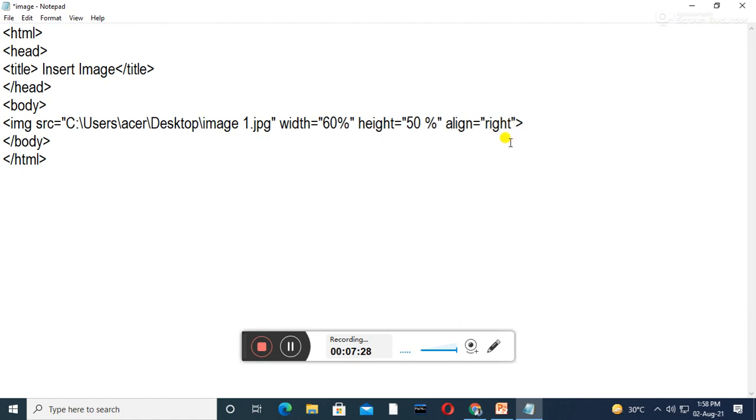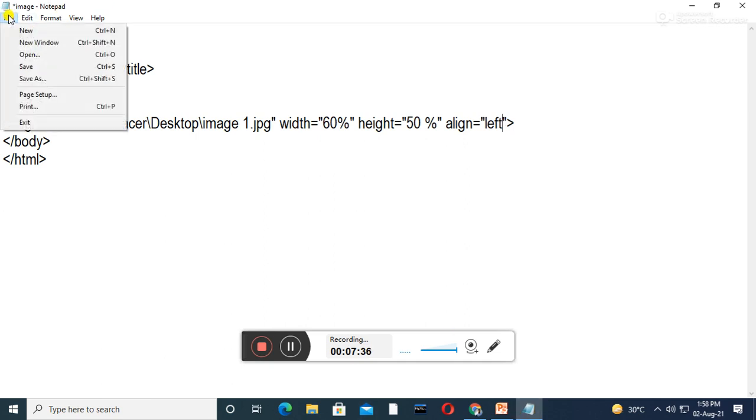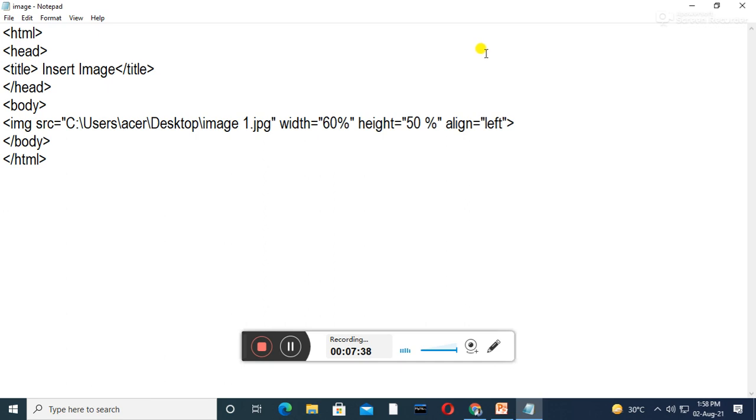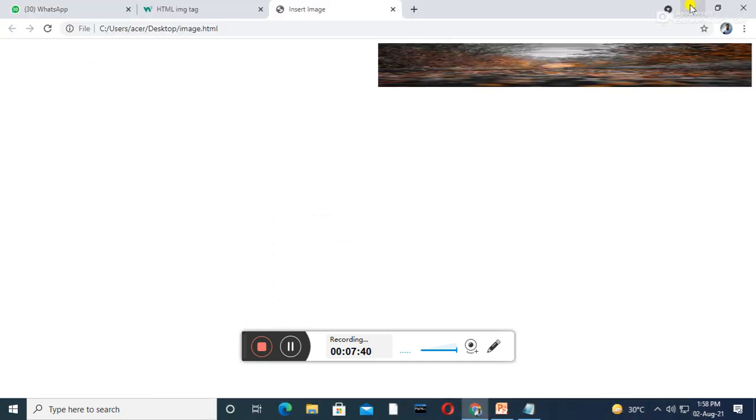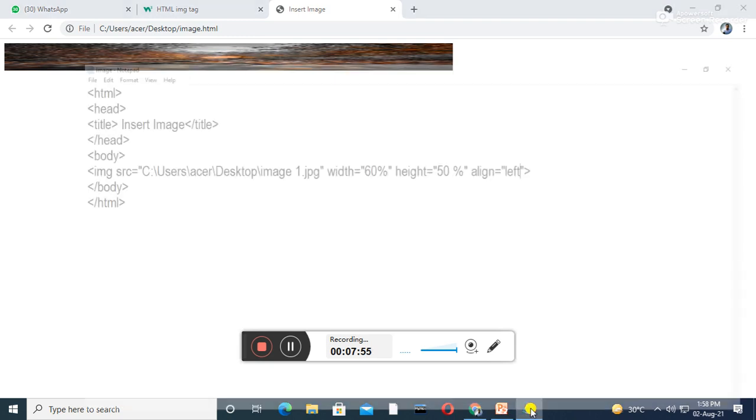In place of right I am going to change this to left. After making changes, you must save your file, otherwise the changes will not apply to your file. Now I am going to refresh. See the output. Here according to our setting, the alignment changed to left, and height and width changed according to our setting.